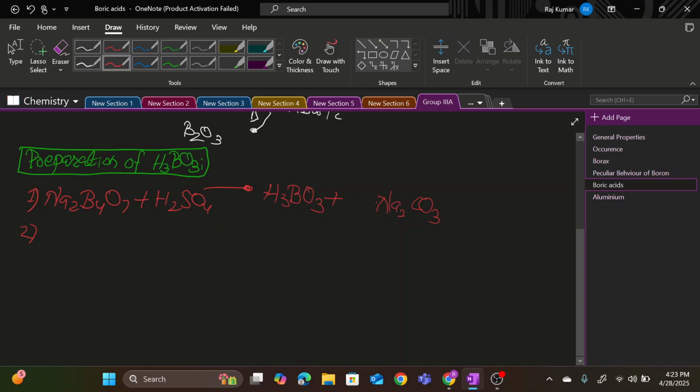And the second method of preparation of boric acid is through